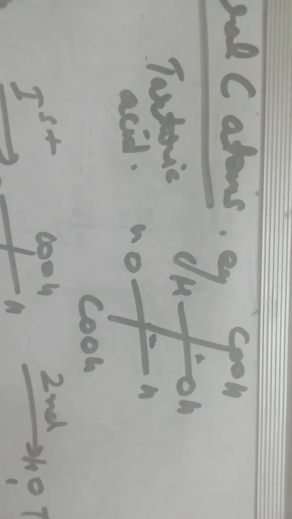Now this was the configuration for the compounds having one chiral carbon atom. Let us discuss the configuration of compounds having two chiral carbon atoms. So in case of compounds having two chiral carbon atoms, each chiral carbon is assigned configuration one by one. For example, we have this tartaric acid. This tartaric acid has two chiral carbon atoms marked by stars. So first we will decide the configuration at carbon number 2 and then we will decide the configuration at carbon